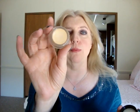And then I also bought a paint pot in Soft Ochre. I try to collect paint pots, and eventually I would love to have all of them. I'm about halfway there now. I have almost half the colors that exist, and this is basically a nude with a warm yellowish undertone to it. Painterly is more like a neutral nude, and this has got a yellow base to it, or a warm undertone. So I bought that strictly to use as my eyeshadow base,